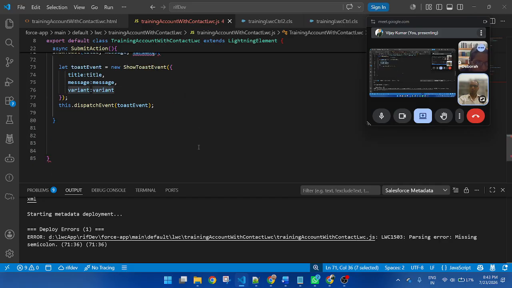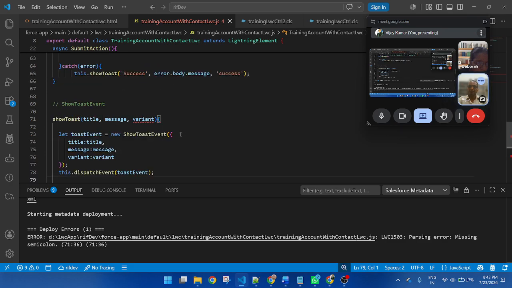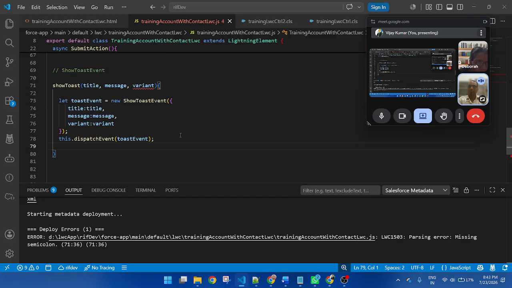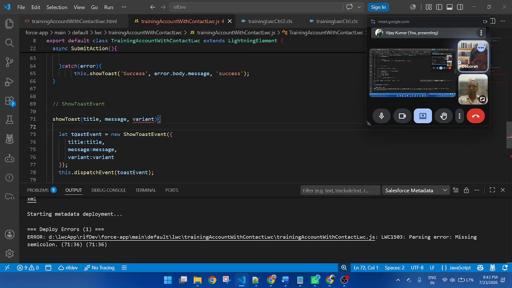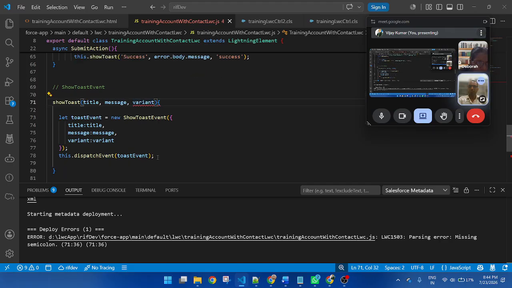There is a comma, sir. Variant after variant. In the last one, a comma is not required. Variant. Space, something given. Missing semicolon.